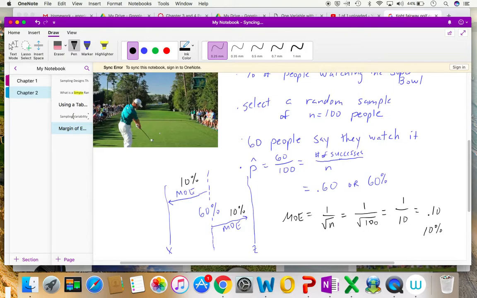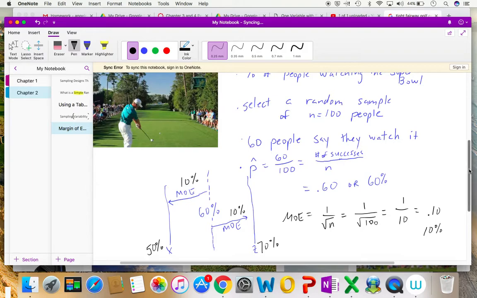I can go 10% this way, right? And my interval, instead of, again, reporting out a number of 60%, I'm going to say, you know what? Anywhere from 50% to 70% of the world is going to be watching the Super Bowl, okay? Am I that accurate? It's not as accurate, right, as saying 60%, but again, it's only based on 100 people. So I feel more confident and more comfortable in saying it this way than just reporting out 60%, all right?